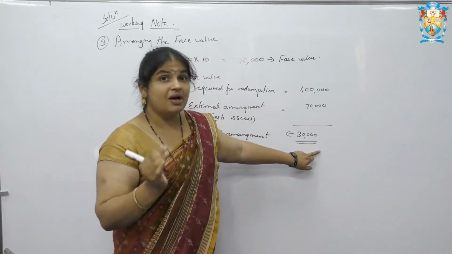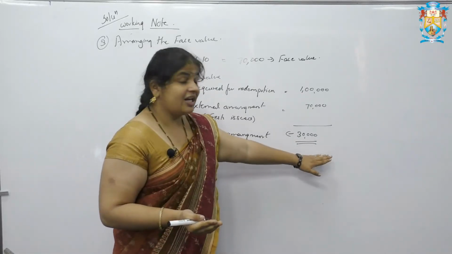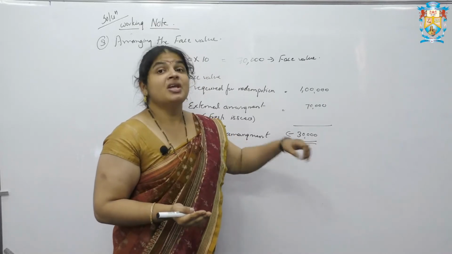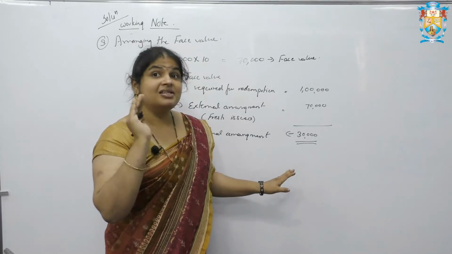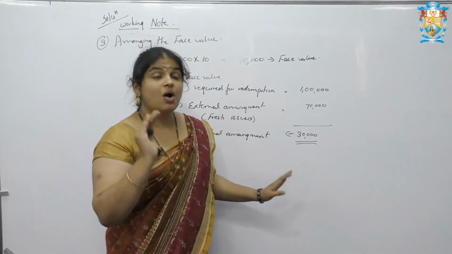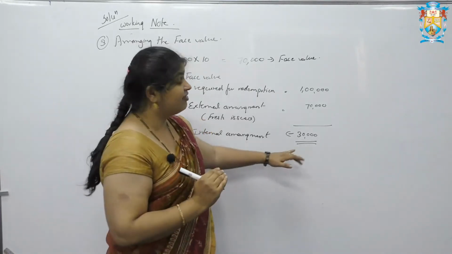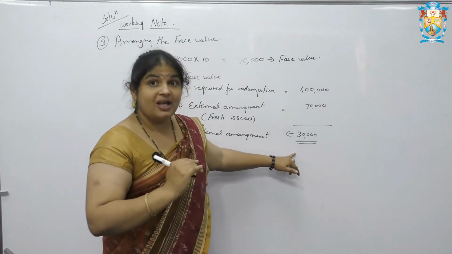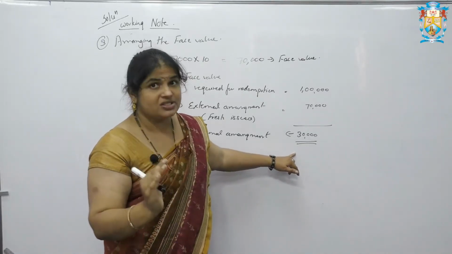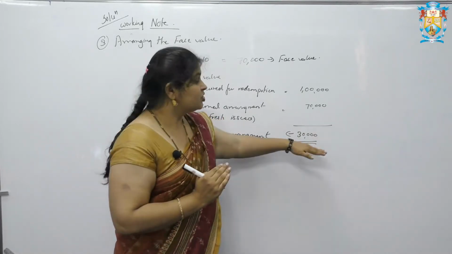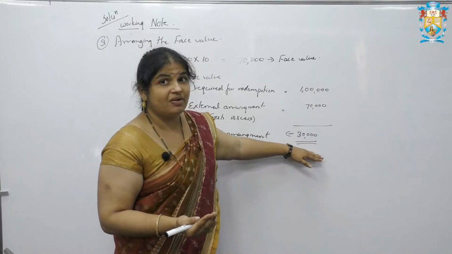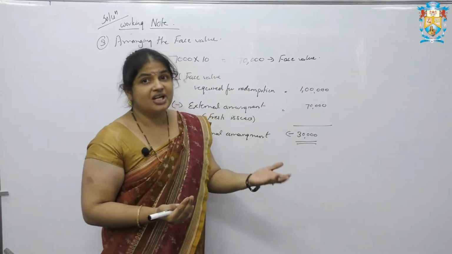For the remaining money, what can the organization do? The organization can withdraw the money from any of the accounts. So here in the question they have specified the balance required for redemption was provided out of profit. That is nothing but if any balance is required, I can withdraw the money from my profit and loss account. So now what is the money required? 30,000 is the money required. So the remaining money, from which account can I withdraw? I can withdraw it from my profit and loss account.